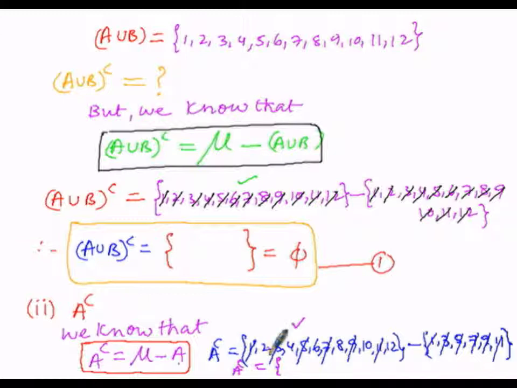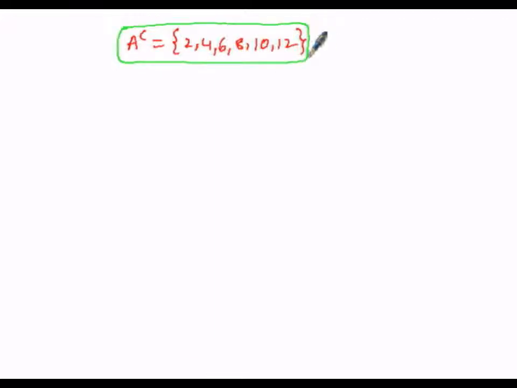The leftover elements are 2, 4, 6, 8, 10 and 12. So 2, 4, 6, 8, 10 and 12 are the elements which are left over in mu, that is the universal set. Therefore these are the elements of the A complement set. In this manner we got A complement as the set consisting of the elements 2, 4, 6, 8, 10 as well as 12. Let us treat this as the second one. Then now